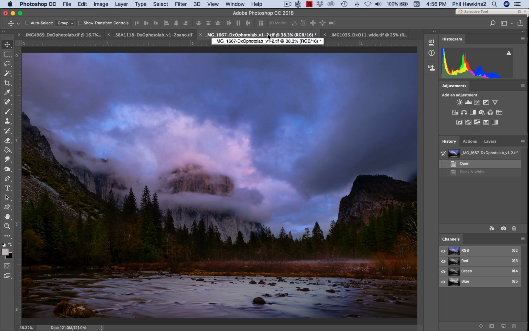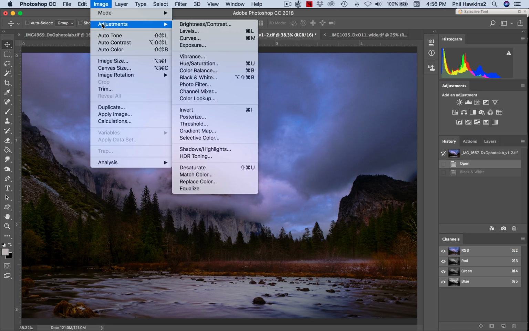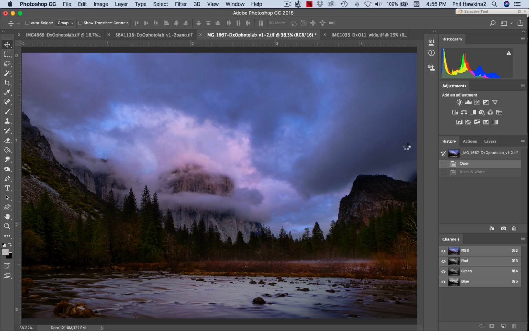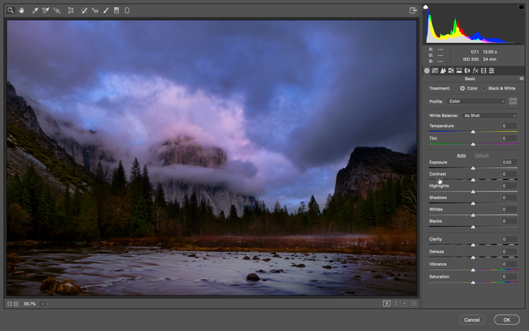Now we're going to go to the next one. We've got a lot of blues and a lot of dark areas in this image. So let's first go through, we're going to do something before we do the black and white conversion. Let's go Filter, Camera Raw Filter. And then when we get to Adobe Camera Raw, what we're going to do is adjust those darker areas of the image,